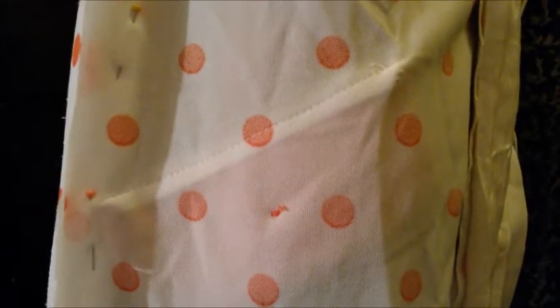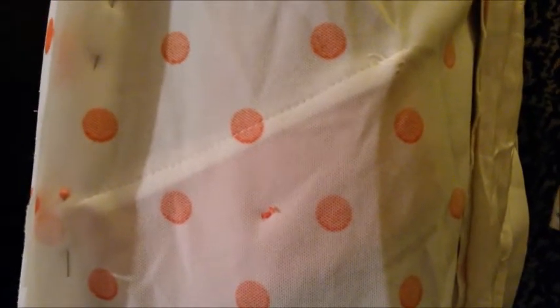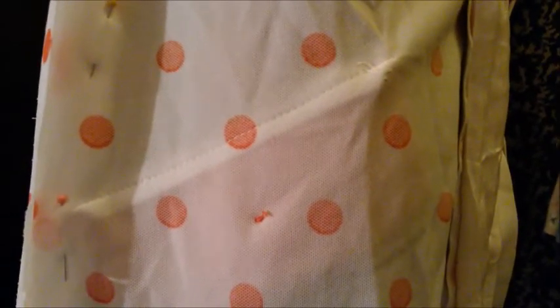Yeah, so that's that, and then following that down, as you can see, that is the faux pocket flap. So I have brought it in to that because I thought, oh no, I don't really want to have to take those off and move them, and I did use the quick unpick just to take a few little stitching off the line, and it's actually left a line, so I can't move them even if I wanted to. Otherwise it would look terrible unless I did perhaps a double flap, and I don't want to do that. So anyway, just following that seam all the way to the bottom, and then the hem,